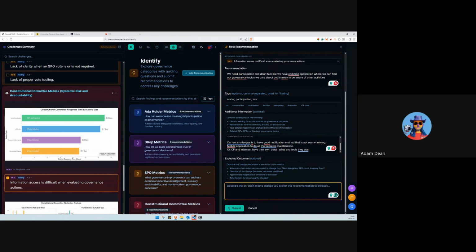I think it's probably a little bit of an all the above. One of the interesting things that was at least present in the previous constitution, and now no longer being in the constitutional committee, I'll be honest, I'm not as familiar with the current constitution as I was with the first draft of the constitution. But there was this requirement that before you do a governance action, you have to somehow socialize it. But that was never really defined, what would count as proper socialization.